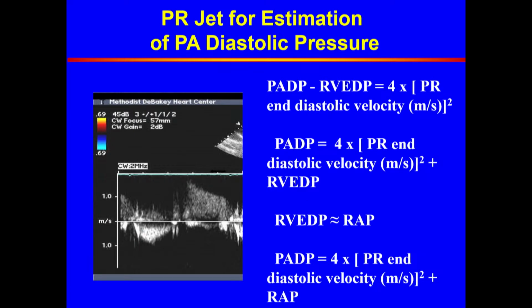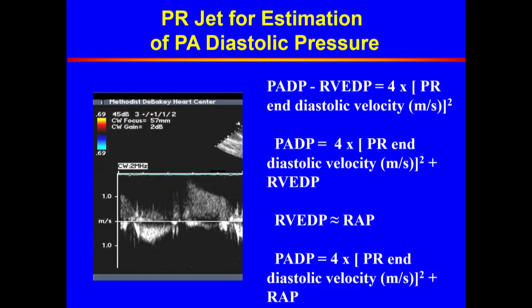We can also use the modified Bernoulli equation to estimate the PA diastolic pressure. Here we say the end diastolic velocity of pulmonary regurgitation is related to the pressure gradient between PA diastolic and RV end diastolic pressure, and again that 4V squared. We make the assumption that the RV end diastolic pressure is very similar to the RAP, and the reason I